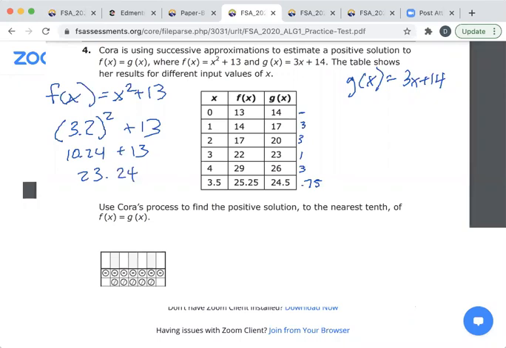If I plug in 3.2 over here, 3 times 3.2 plus 14, so I'm going to get 9.6 plus 14, and that should give me the same thing, 23.24. So the answer would be 3.2,